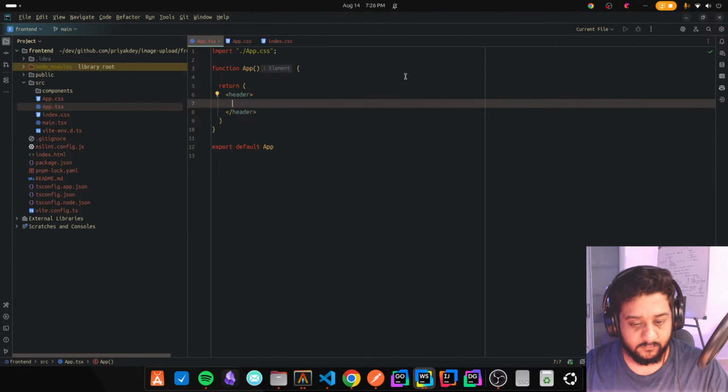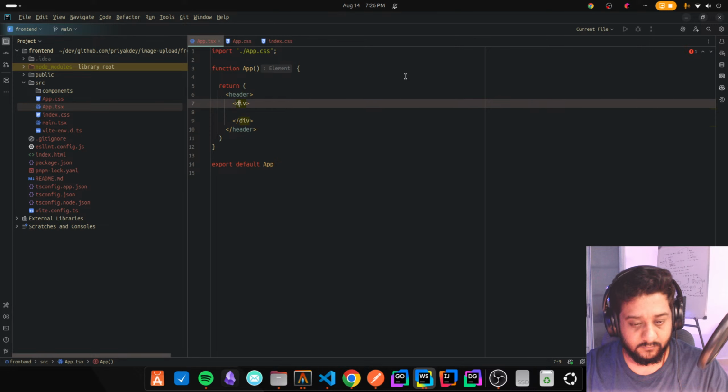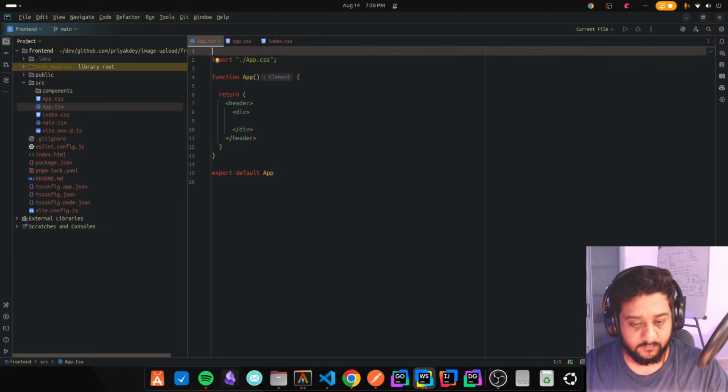So let's give it a div, and the first one is an SVG. And if I remember correctly, the way to import that particular SVG is import logo from